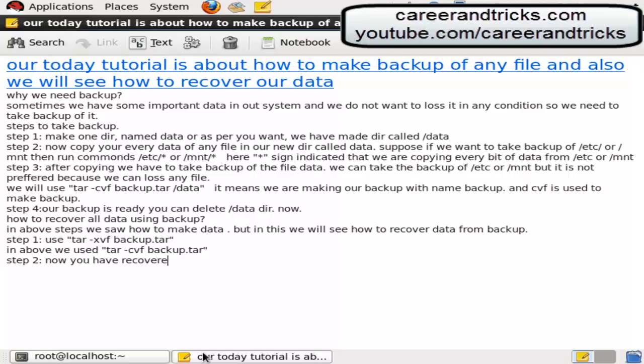Now you have recovered your data successfully. Now we will see how to change the position of the data directory.